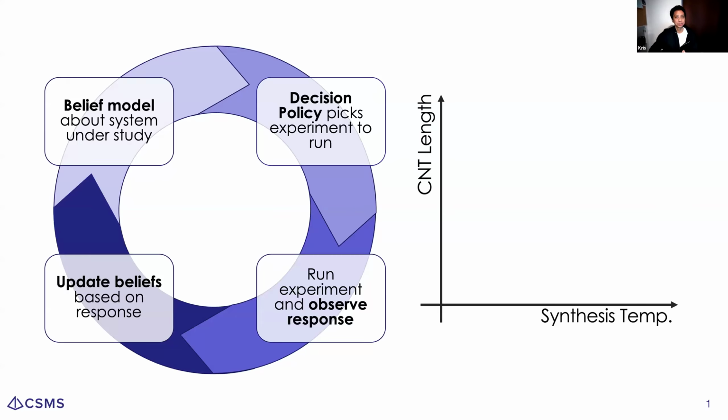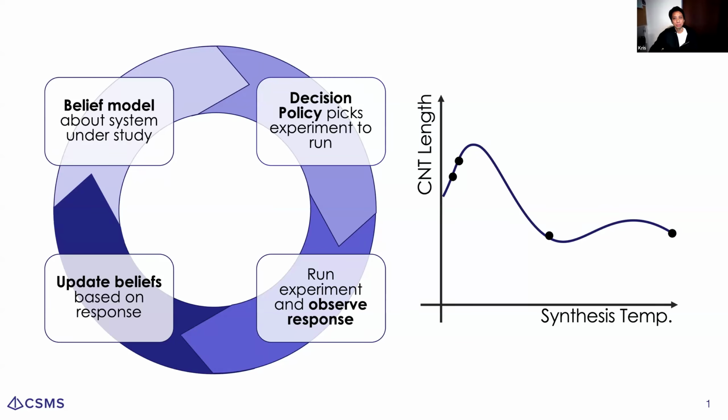And so there's really two ingredients to this. And apparently, you've been learning these ingredients. The first thing is what we call a belief model or a surrogate model. And really, what this is supposed to say is what is our prediction of the relationship between our inputs, say synthesis temperature, and our outputs? And we're going to do this in a Bayesian manner. So this is the Bayesian part of Bayesian optimization, which means that we're going to take our data and, you could try to imagine fitting some sort of regression model to fit the existing data that we have and that we're growing in our campaign.